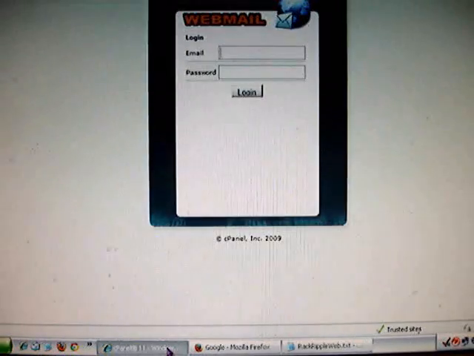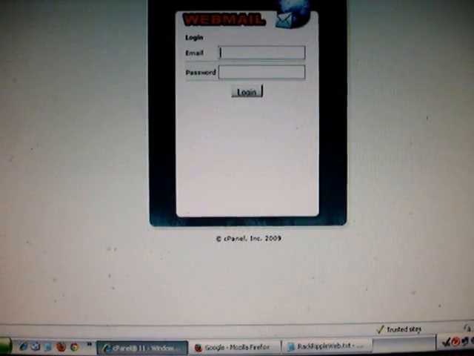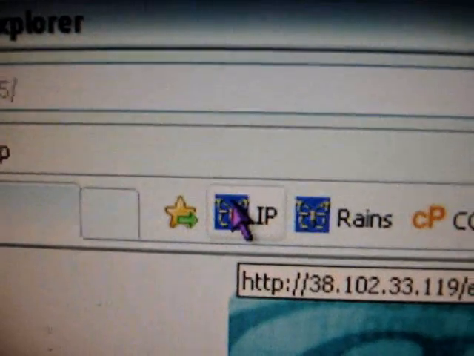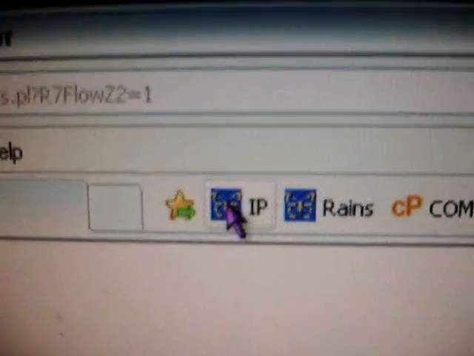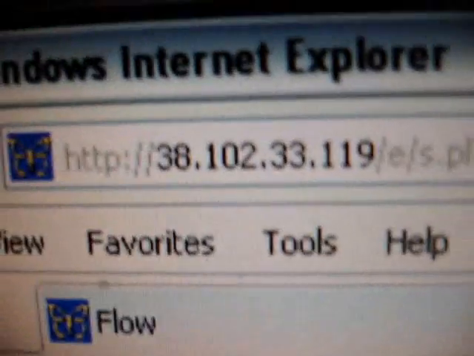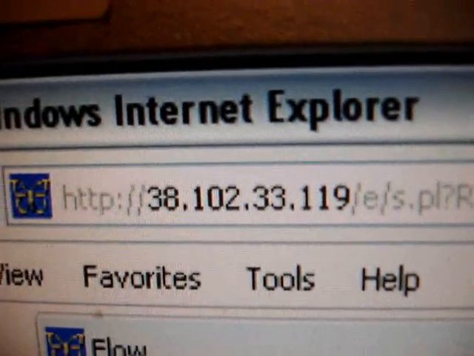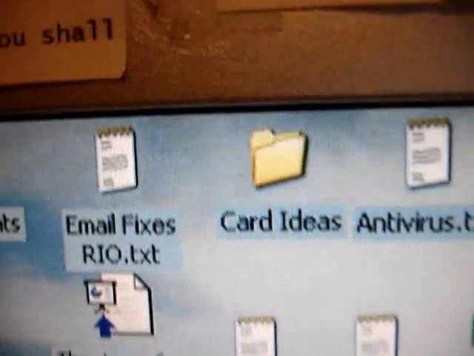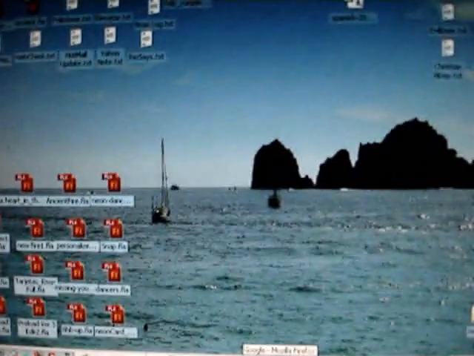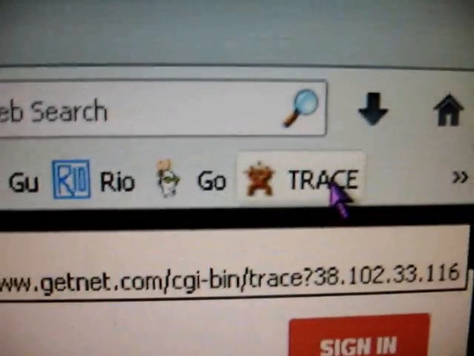And so what I immediately do is, or did in that video, is I had Internet Explorer already opened, and I already had a quick link up here that I could just click on. Okay, and it goes right here, which is to that very same server. Okay, and the other one I had was another quick link, and this is from Firefox. It says trace right there, which goes and traces out that server as well. Okay,